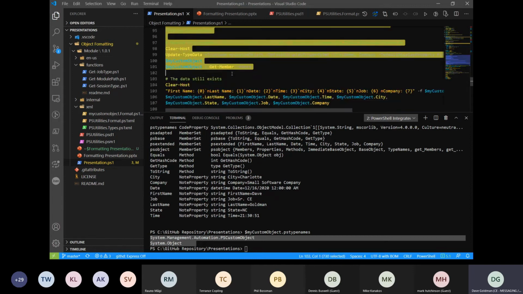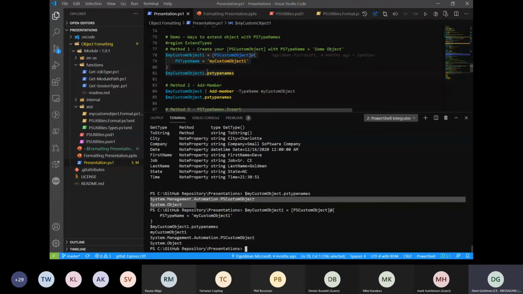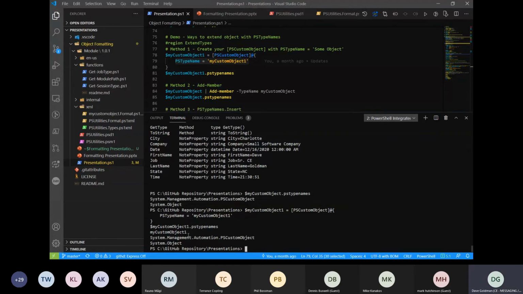I'm going to create a new object. This will be called my custom object 1, and I added this field, PS type name. Now you can see right here, I've added my own custom type name to this object. I've given it this, and essentially I've given this object a name. That's the first way to do it.